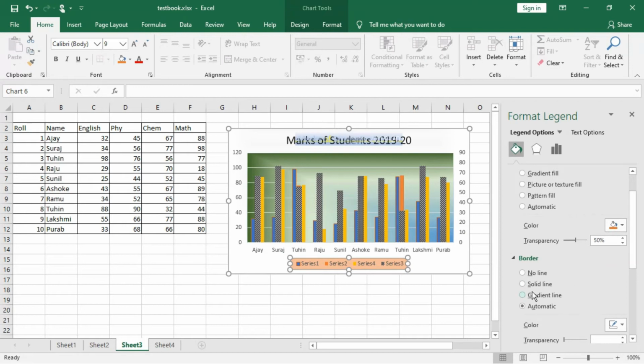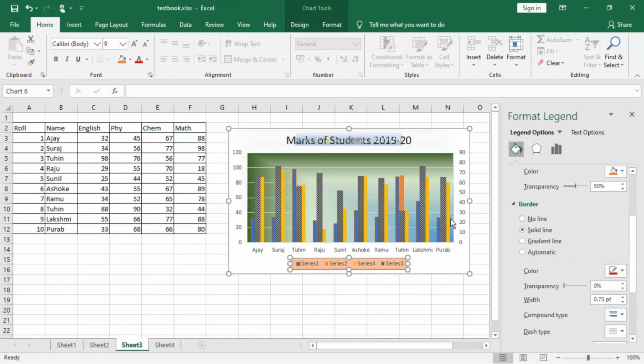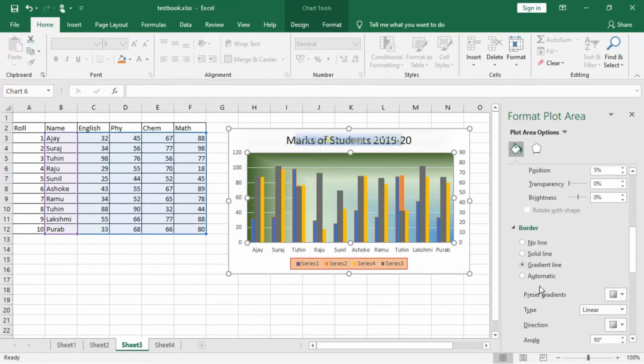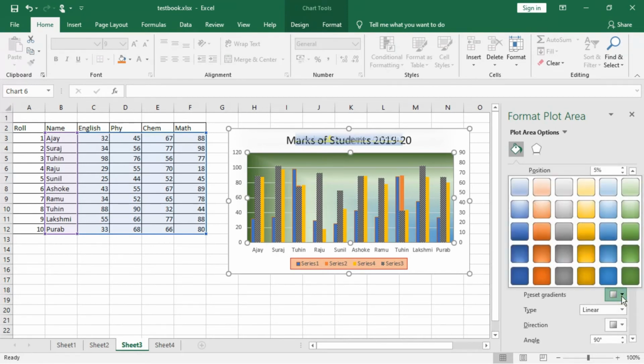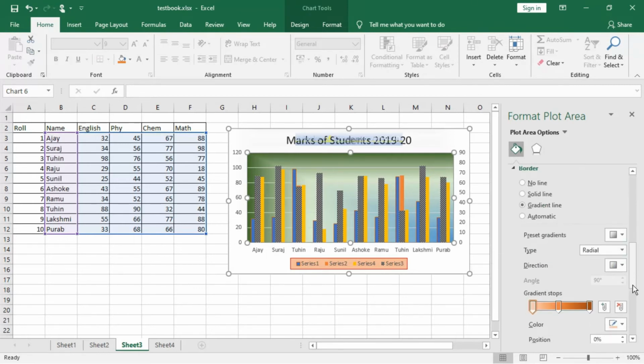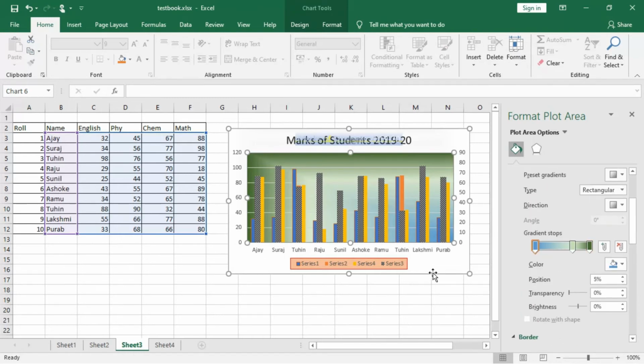Fine. Now the border, solid line, borderline, all these things are there as well. Watch nicely the borderline and all. We are choosing the color from here. And we can increase the borderline also, so the change will take place. Right now we are with the legends, and you have seen how to do the legend formatting. The chart also you have seen how this is to be done before.